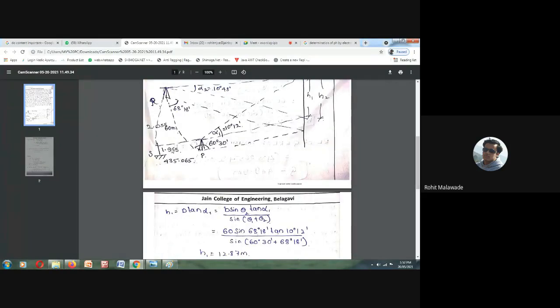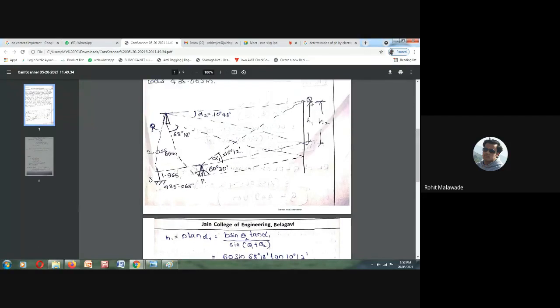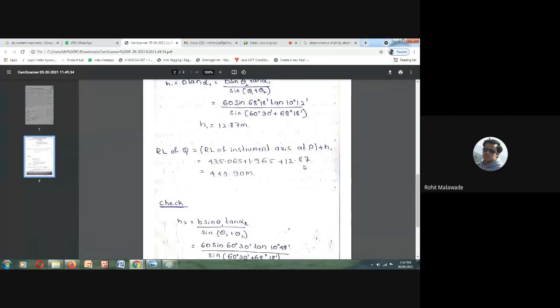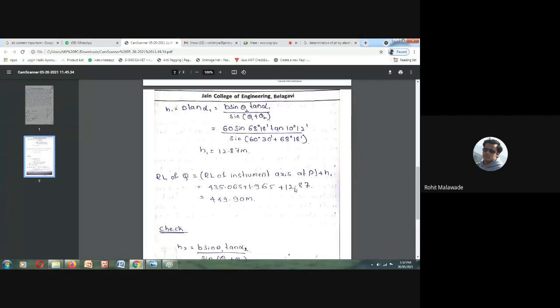Then the height of Q: H1 equal to D tan alpha 1 is 12.87. So if we add, we will get the RL of Q from P as